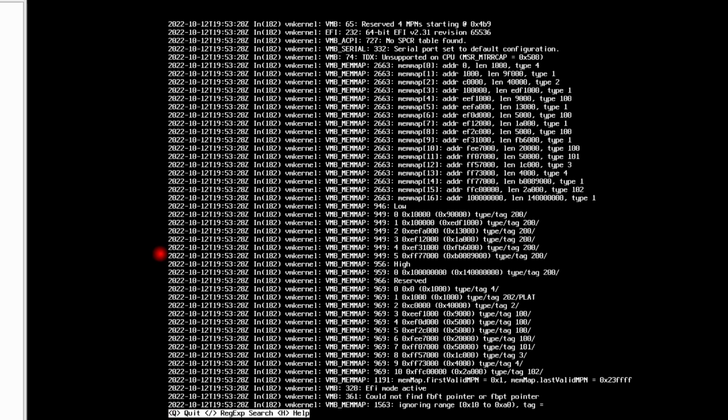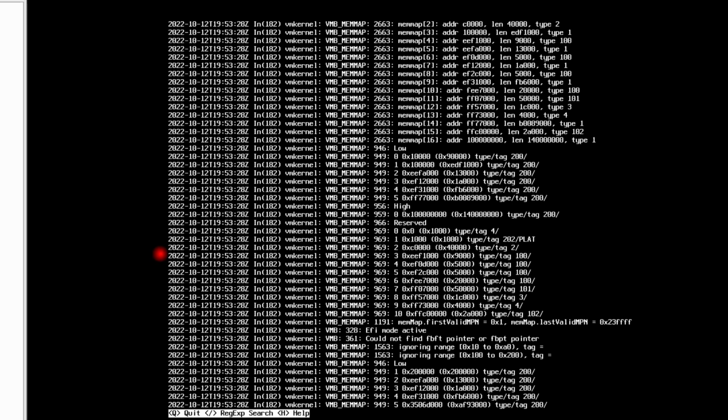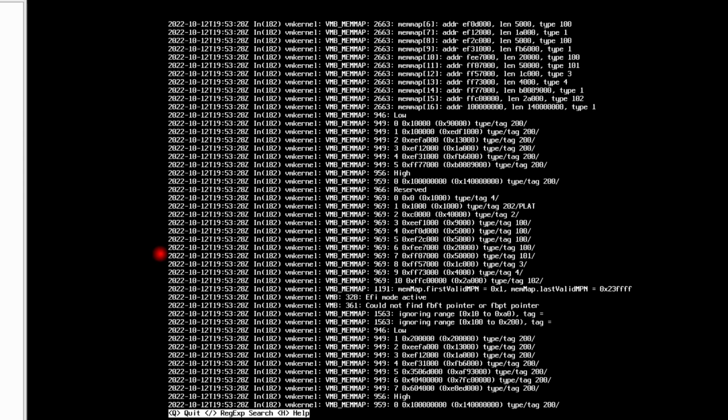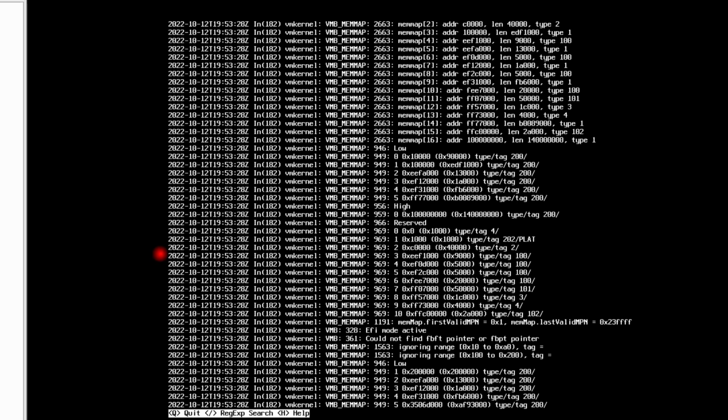So these are the VM kernel logs. You can use the arrow up and down buttons to scroll through the logs. If you want to search for a particular entry, type forward slash and then the entry which you want to search.